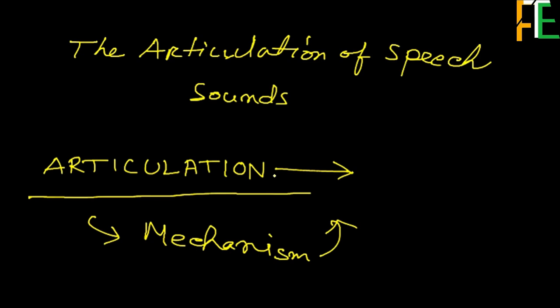These three systems work together to produce a particular speech sound. And these three systems you have to know in detail. These three systems in the process of speech mechanism, in the production of speech sounds, are